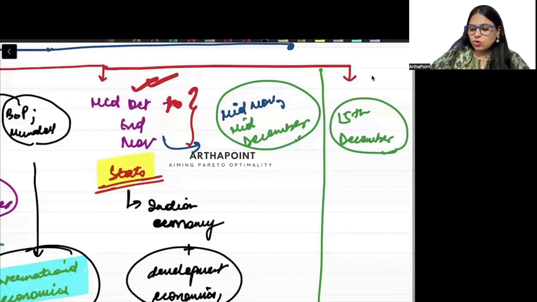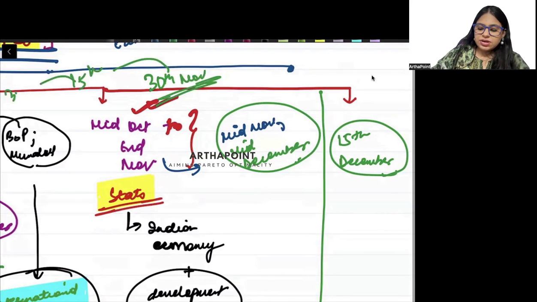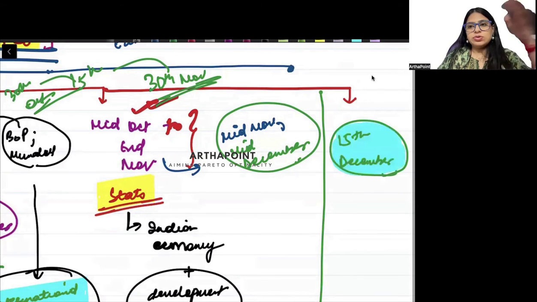I will finish the course maximum by 30th November. This is the upper limit. It can be 15th November. It can also be 30th October. But for your side, the entire course should be over by 15th of December.